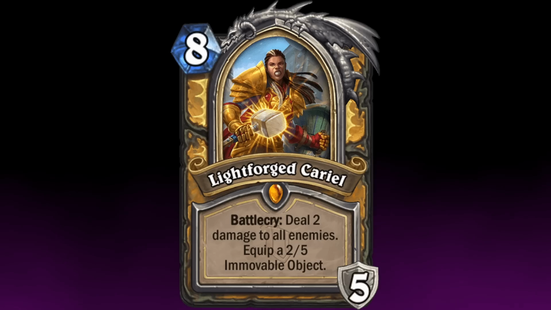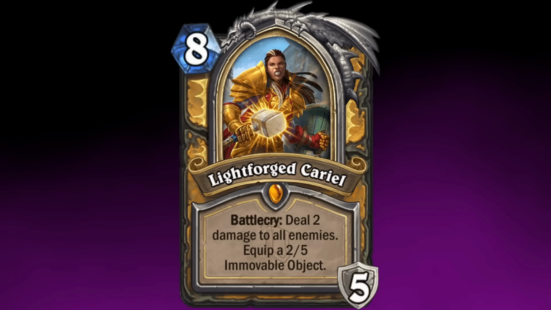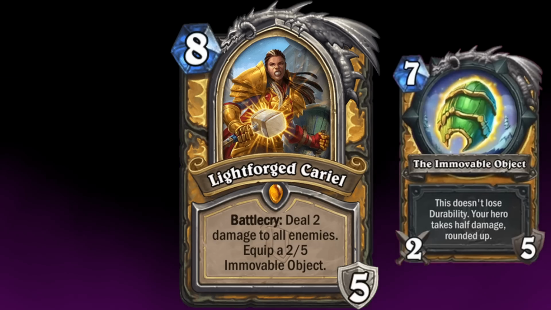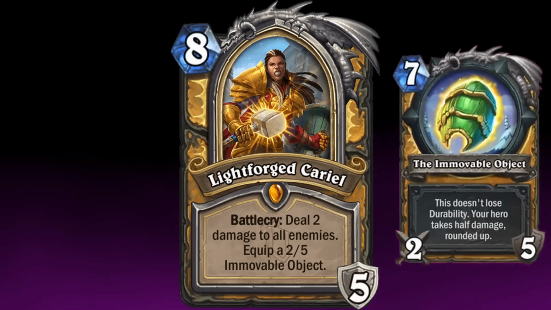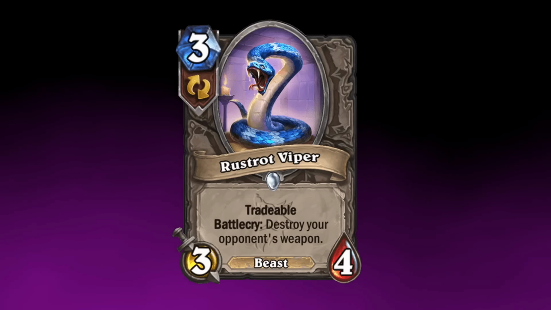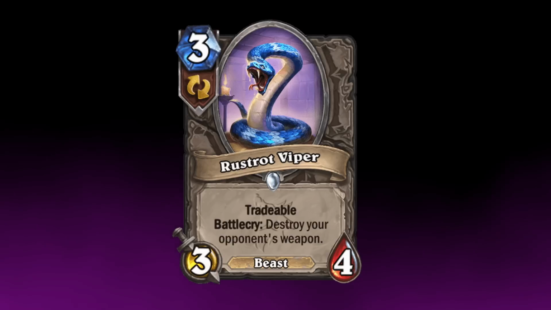Kinda cheating here, but Lightforged Cariel? An okay battlecry and a decent hero power, the big ticket is really the immovable object. Losing no durability, Cariel gets a weapon for the rest of the game, and, oh yeah, by the way, takes half damage. In validating combo and OTK strategies, you had better have had your Wheaties before fighting Cariel. Or you could bring a Restaurant Viper, but if a card is making people run dedicated weapon removal, it's probably